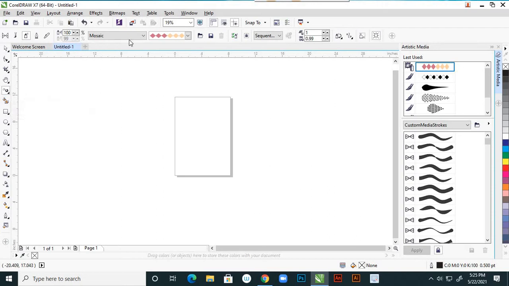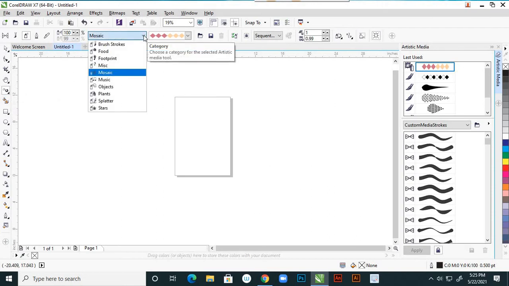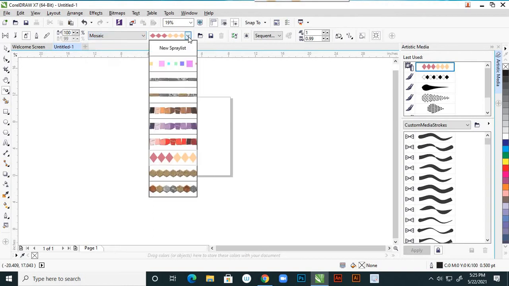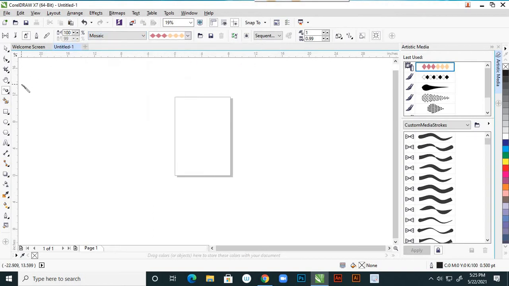That means in the default, what they are giving, only those things we are using here. But this time we have to create our own.